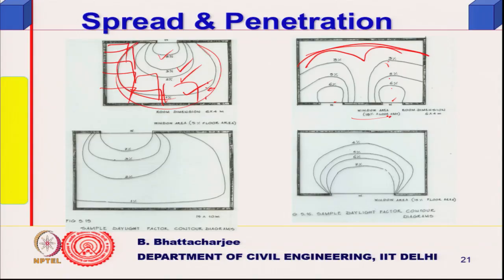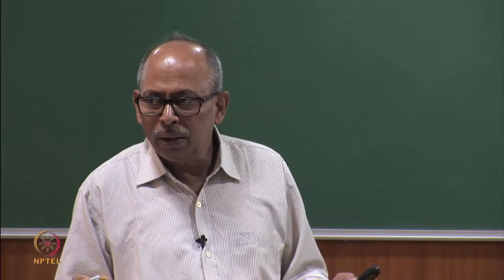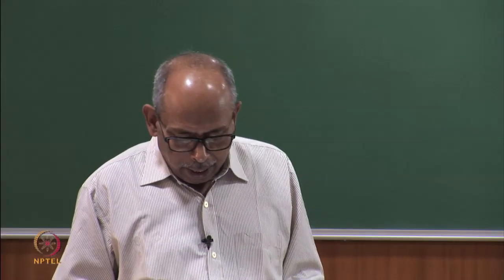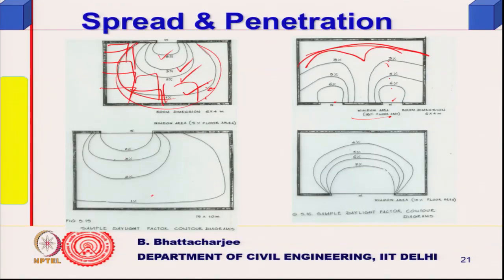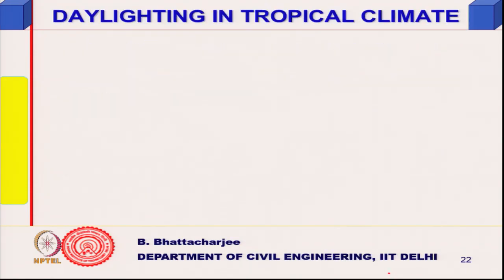If the spacing is less, then they will merge and overall they will give a better one. And if it is on one side, then you get something like this, a 1% contour is something like this. So, this is 7%, 3%, 2%, and that is how it is. So, if you have more of such diagrams given,